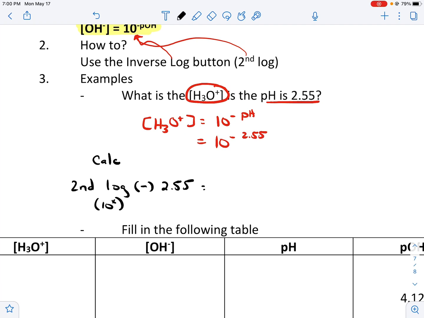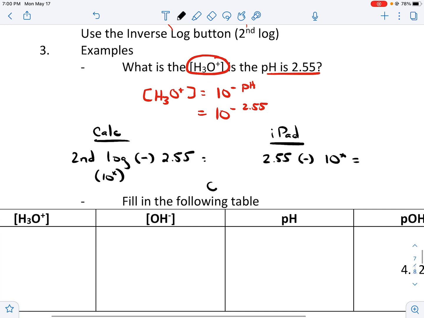On your iPad or iPhone, depending on what you're rocking, we have to type it in reverse if you remember. So we're going to say 2.55, right? Then we're going to hit that negative sign. Okay, so we've got our negative sign. And then you're going to hit the 10 to the X button. All right, 10 to the X button. And when you do both of these, the answer you should get is something in the neighborhood of